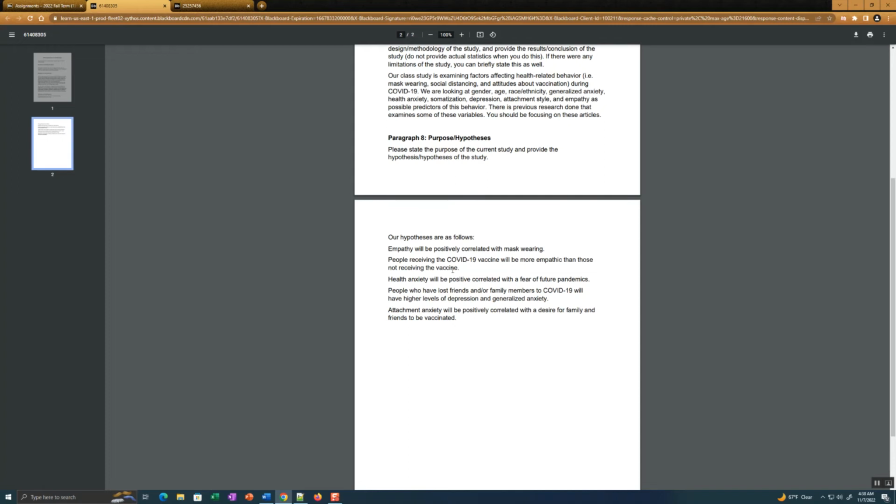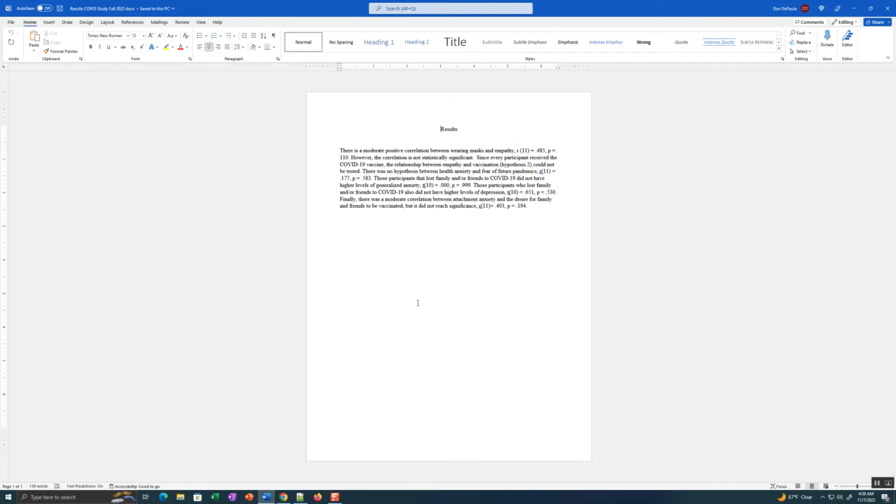Now we had a big problem testing this hypothesis, and the problem was that everybody in the sample received the vaccine. And that kind of makes sense because BMCC is requiring the vaccine even though you're doing the course remotely. If you're taking other classes on campus, you need to have the vaccine, so it makes sense that everybody pretty much had the vaccine. That makes it very difficult to test the hypothesis about empathy and vaccination because there was nobody in the sample that was not vaccinated. In previous semesters, there were people not vaccinated, and it was easier to test that hypothesis,